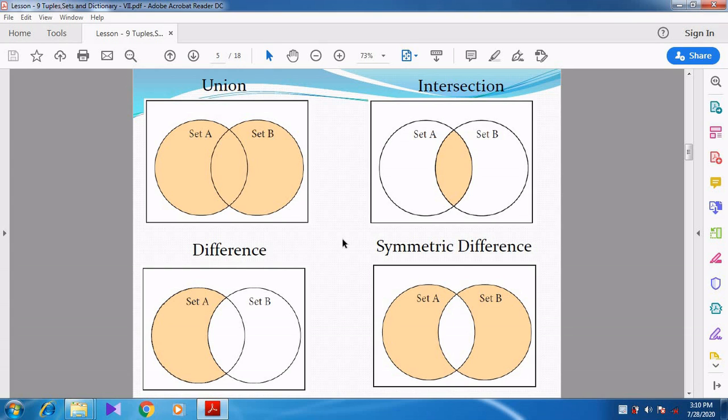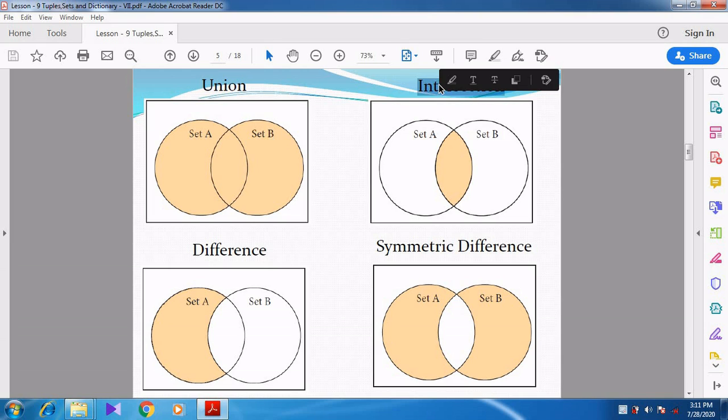Here from this picture you can understand the first circle represents set A, the second circle represents set B. The word union means a combination of both set A and set B, so it includes all the elements of set A and B.